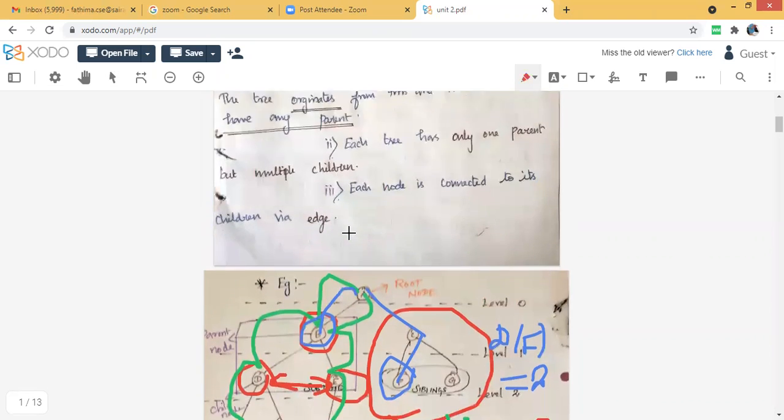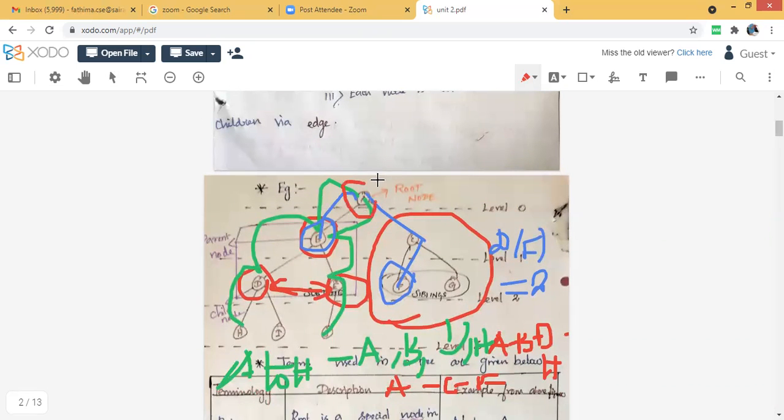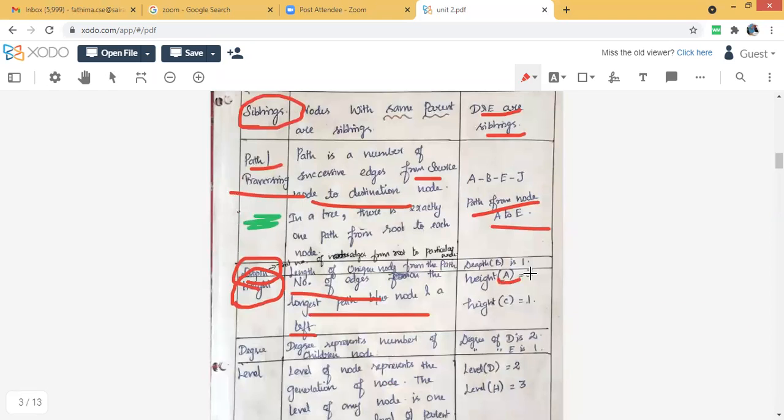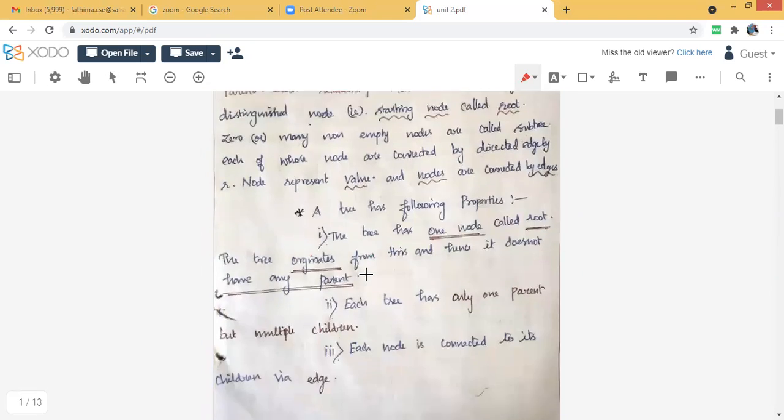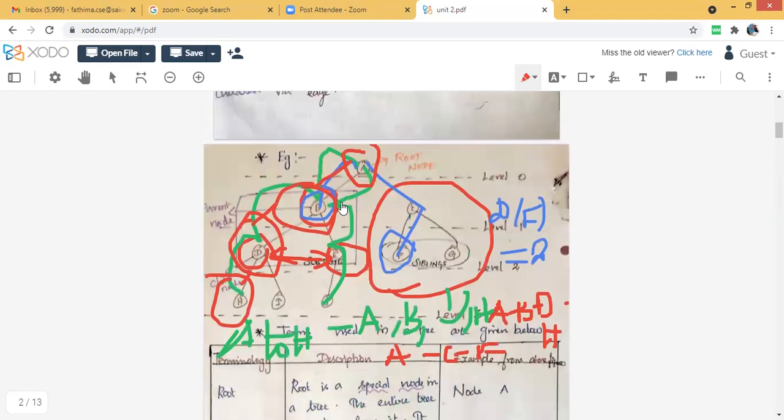For example, what is the height of A? A to B, B to D, D to H. So we have 3 connections, so the height of A is 3. Whenever you want to find the height of a node, you have to calculate from the node until we reach a leaf node.